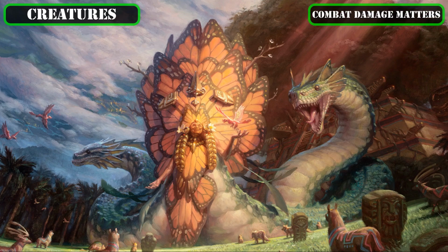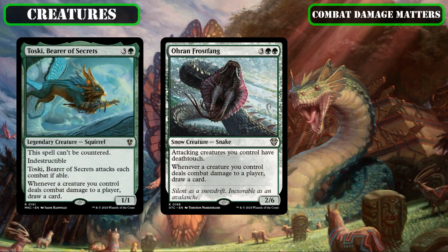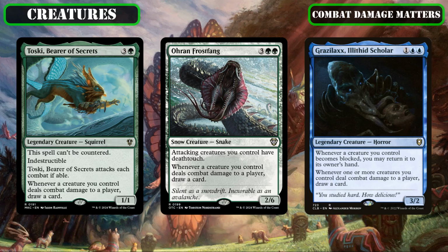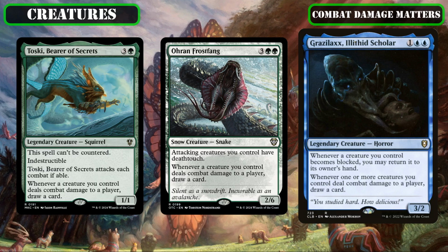So, now that we've covered all our creatures that have on-damage effects of their own, let's pivot slightly onto creatures that care about if they or any of our other creatures get in for damage to proc their effects, such as Toski Bearer of Secrets, Orin Frostfang, and Grazzelix Illithid Scholar, all of which turn our combat damage into repeatable card advantage, with the second also granting AoE Death Touch as we crack in to synergize spectacularly with our trampling creatures, and the third giving us the ability to quote-unquote reset our backup and ninjutsu creatures by bouncing them back